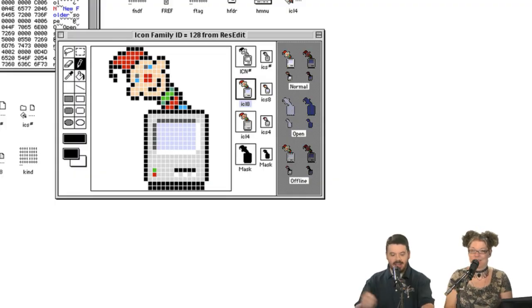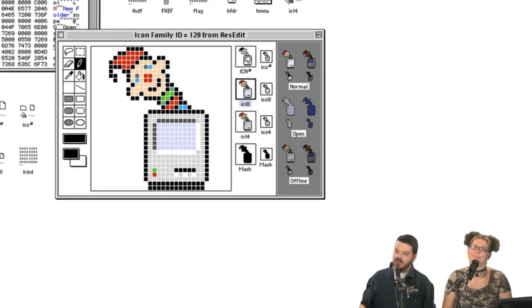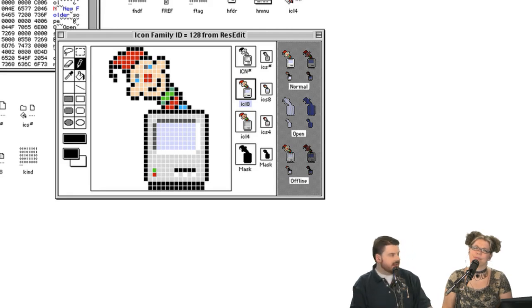I didn't really customize my desktop until I got OS 10. That was like 99. Can I tell you my story? All right, so here's my story. I used to have this program called ResEdit, and this let me customize the stuff in my Mac. You would go in there and actually edit the hex code and all kinds of stuff. It was hardcore editing back in the day. That was kind of what I used to do. That was sort of the beginning, and I would just sort of dabble in that.